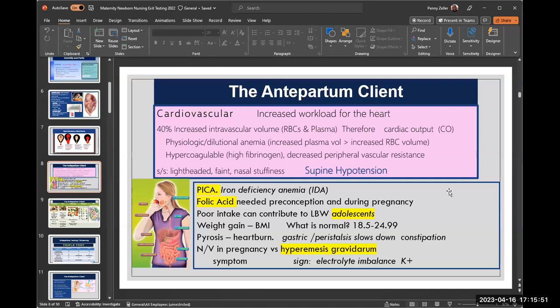Because there's a lot more plasma than red blood cells during pregnancy, it's like the red blood cells are diluted in the plasma. It looks that way, okay? And we call that a physiologic anemia or a dilutional anemia. It's not necessarily a true anemia, okay? Also, about the cardiovascular system, there are high fibrinogen levels. In other words, she's going to be clotting a lot easier. Okay, so she's going to make fibrin clots a lot quicker than she would if she wasn't pregnant